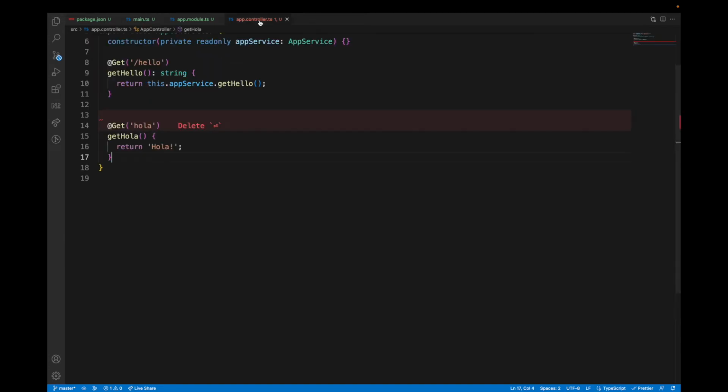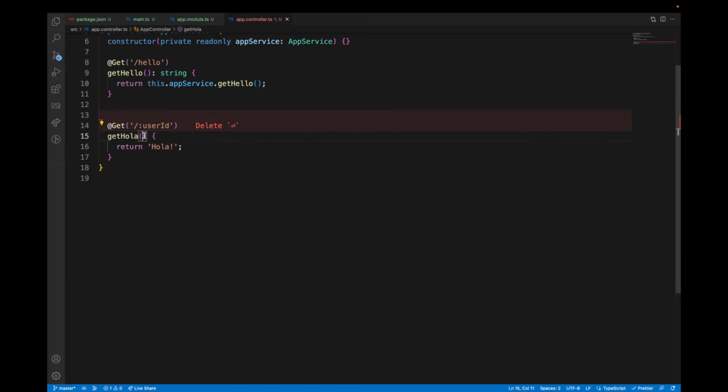We go to app controller, and here let's define this as user ID. So anything that comes after API now becomes a user ID, right? So the way to capture a path parameter is you define it here. The string inside the path parameter should be the same as the string that you defined for the path parameter on the get request,